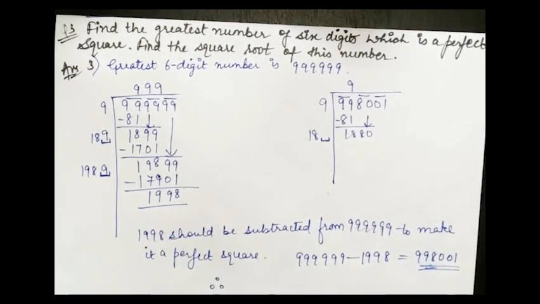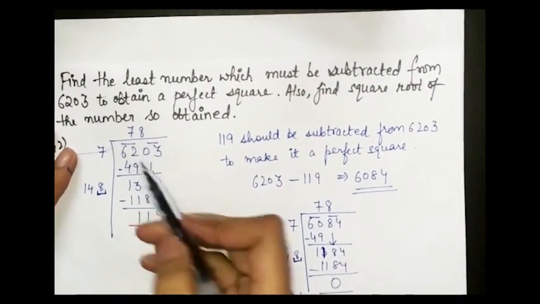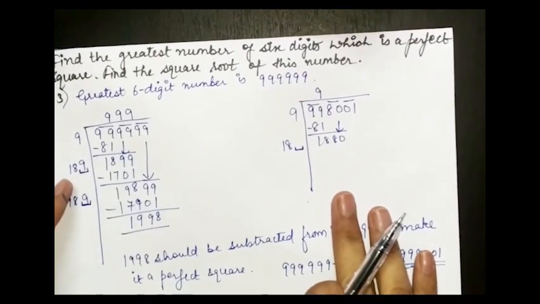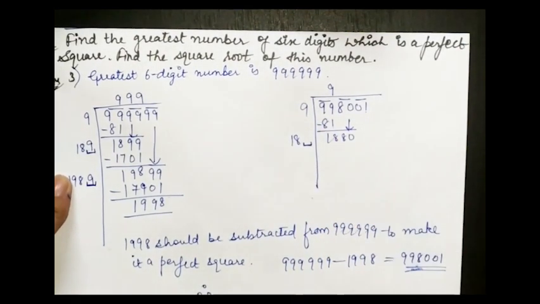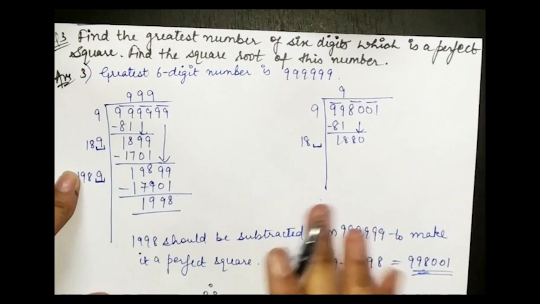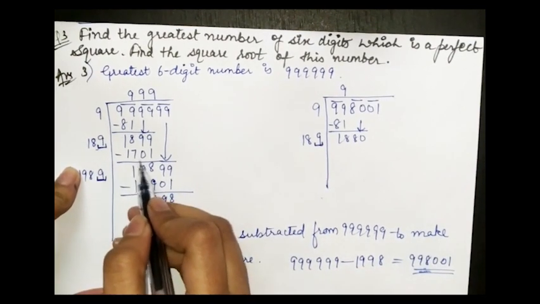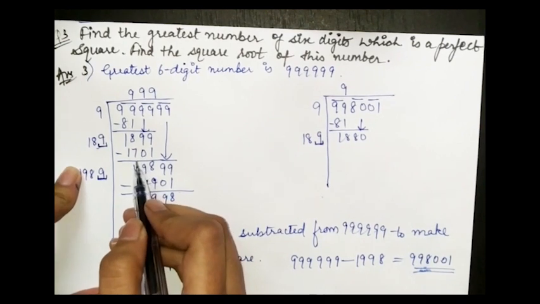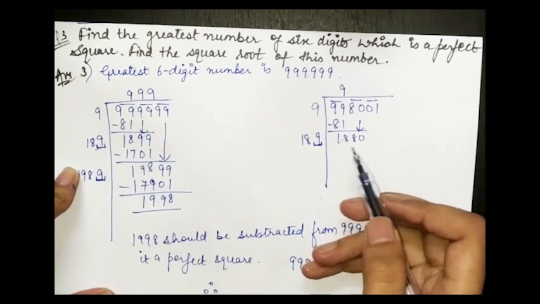Like in the first question we also did, the remainder is same, like 78 is here and here also 78 is here, means the question will be same. So here also we want this. So 999, here also 999 should come. So similarly, without wasting any time, we just have to multiply this by 9. So 189 we have found here only, that will be 1701, but here the number is 1880.